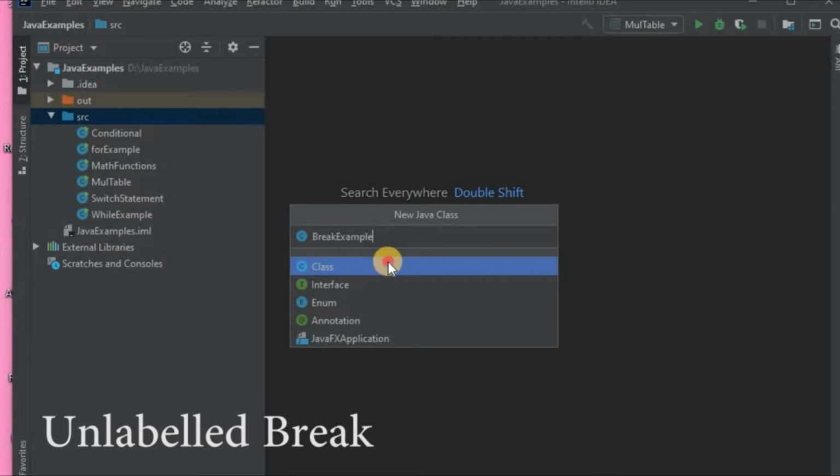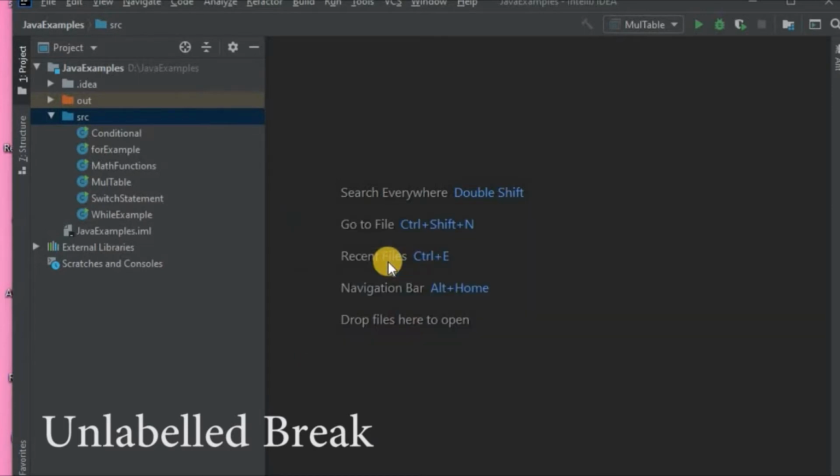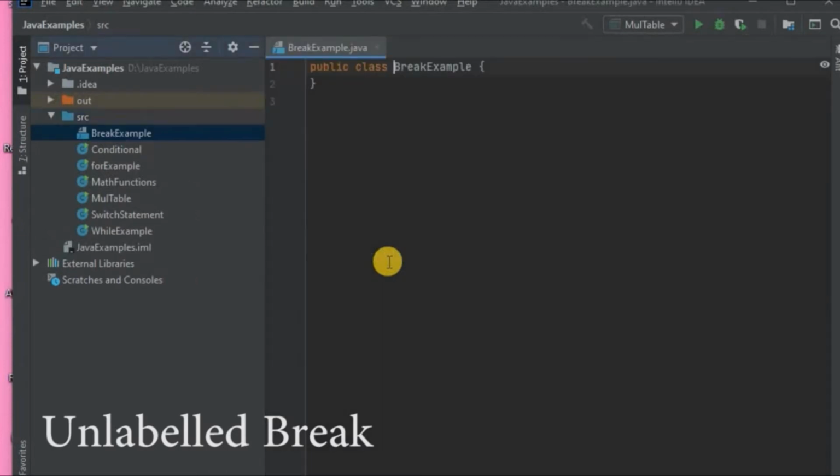Double click on the class to create the BreakExample class. Then add public static void main String args and then curly braces.